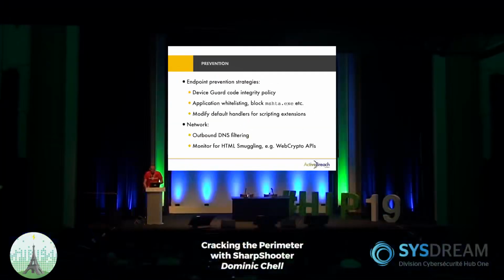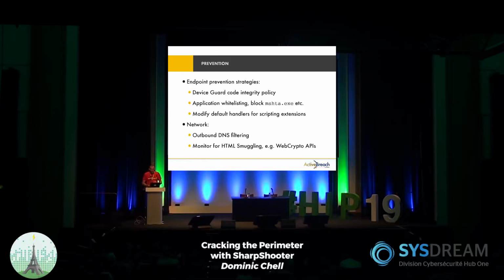In terms of prevention, there are some really powerful prevention strategies. Probably the most effective is quite a stringent Device Guard code integrity policy. You can use this to limit script execution to only signed scripts. You could have application whitelisting, which will block things like MSHTA or WScript or CSC. Most users might not necessarily need to run these. You could use group policy to change the default handlers for some of the scripting file formats. So for example, you could associate .js or .hta with Notepad rather than MSHTA or WScript,